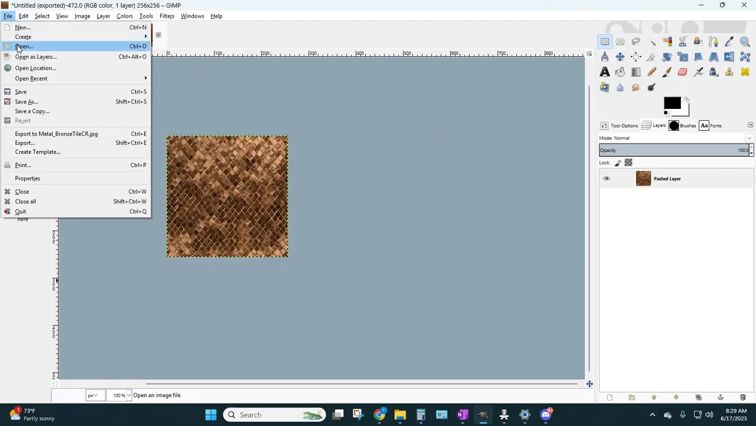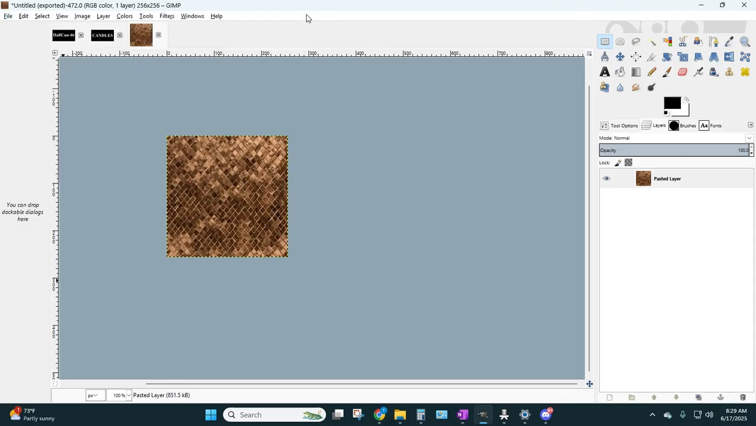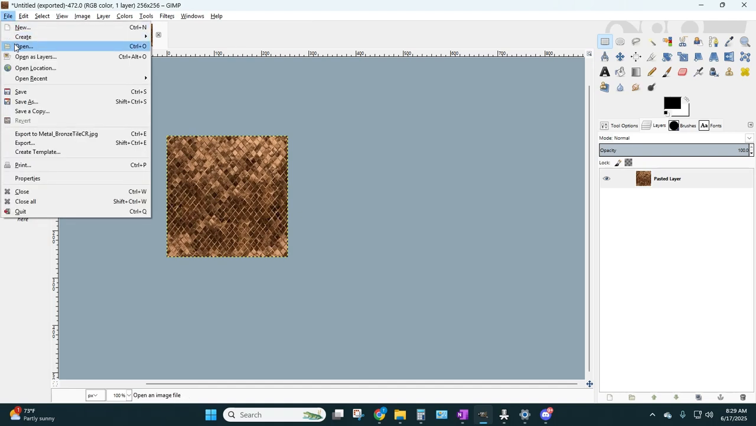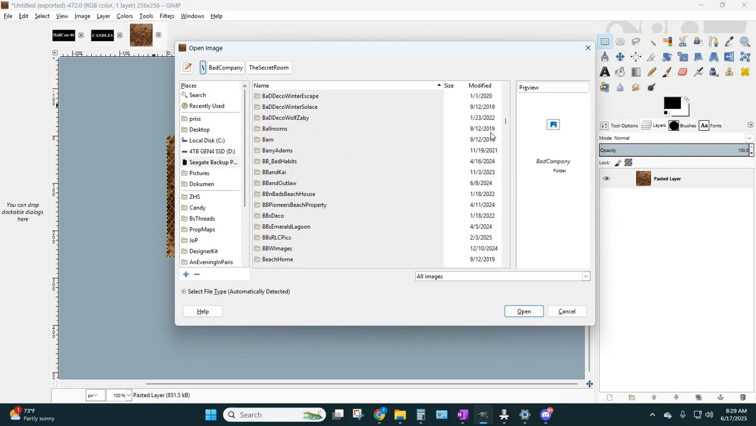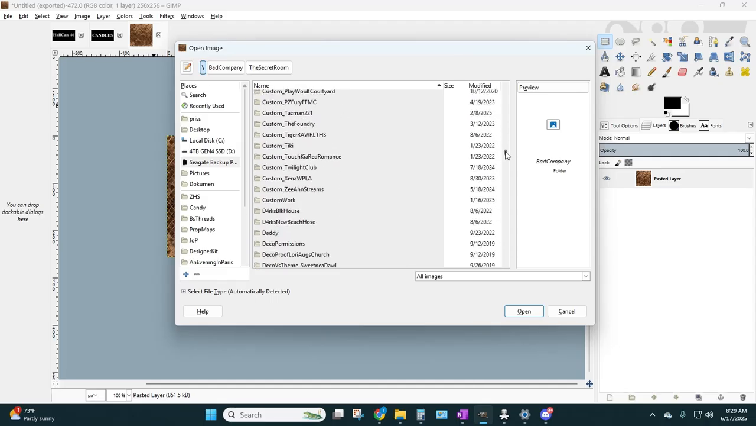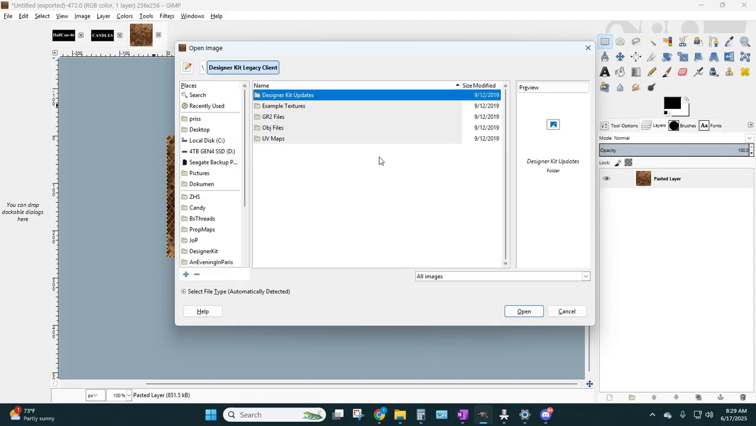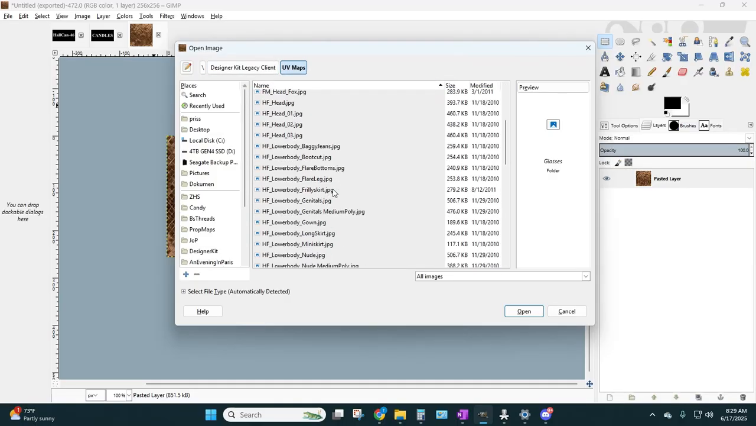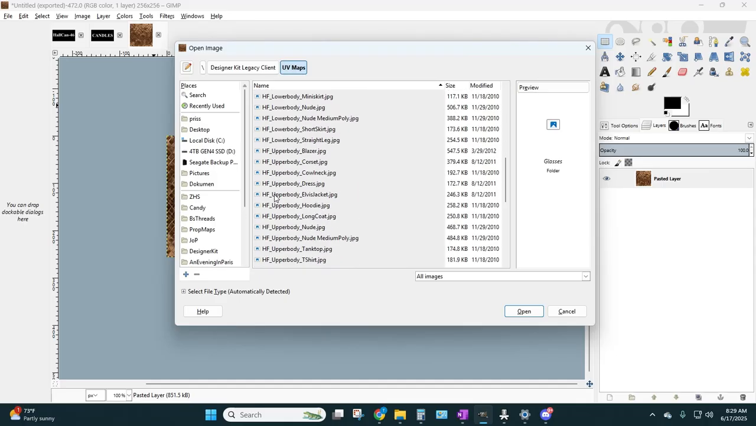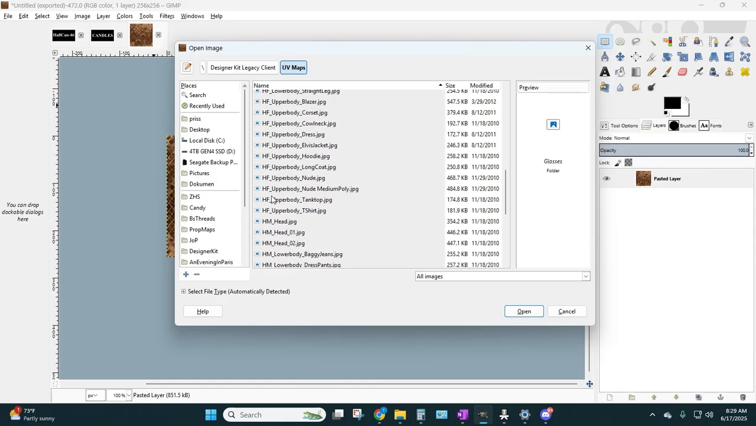So click on file. Now this is for GIMP users, okay? If you're using Photoshop or Paint.net, you're going to have to figure this out on your own or find another tutorial. This is for GIMP users. File, open. So the first thing you need to do is open your maps. So you're going to go to your designer kit, go to UV maps. We're going to need the human female upper body. I like to use the